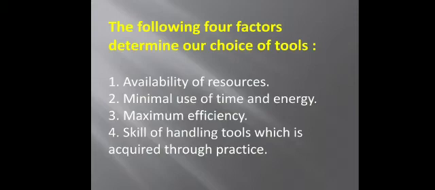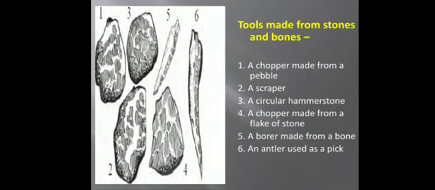So apes like the chimpanzee, which is an African ape, also used stones to break seeds and nuts. In this picture, this is known as a hammer stone. This stone was used as a hammer to break the seeds and nuts. They also used sticks to stir the ants out from the ant hills to catch them. So they used pointed sticks from the branches of trees to stir the ants from the ant hills and they used to catch them.